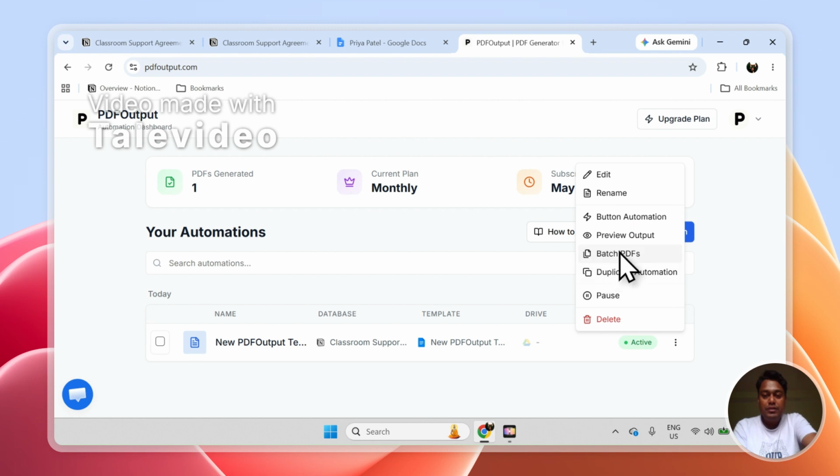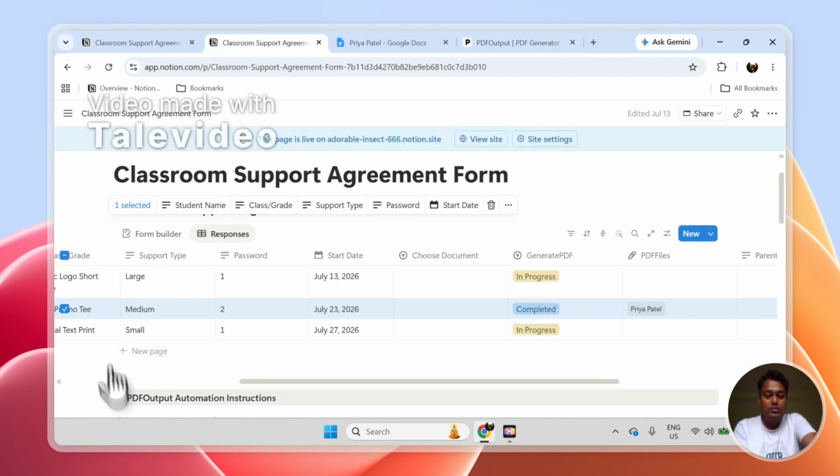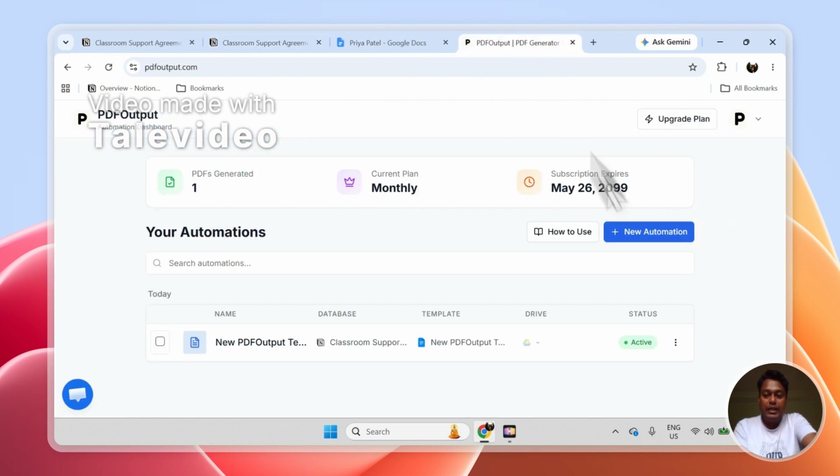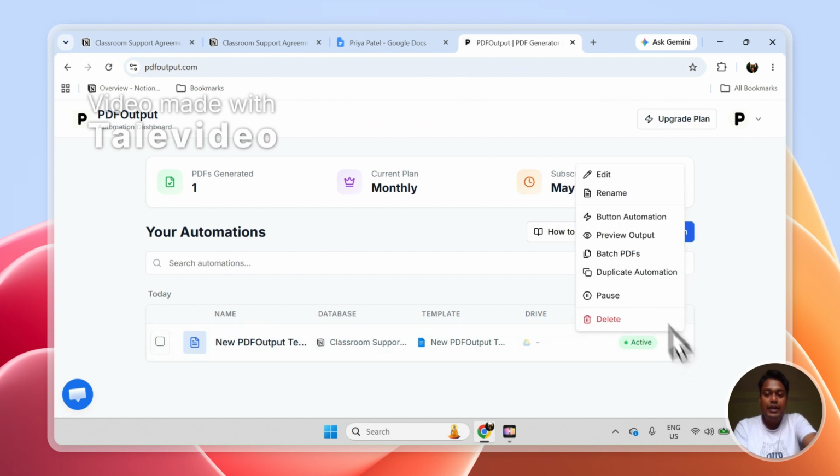We have batch PDFs option. So if we have more records, like let's say hundreds and hundreds of records which you want to generate in one go, you can click on batch PDFs. It will create 100 PDFs in one attempt. Okay, so you can use it multiple times to generate all the PDFs. Then we have the preview option, we have the button automation to set up, and we can even duplicate this